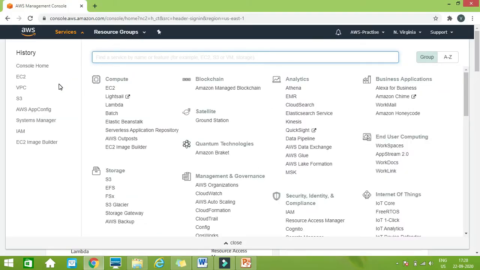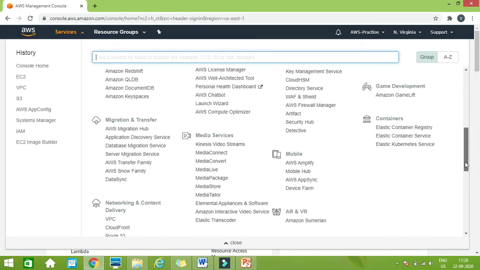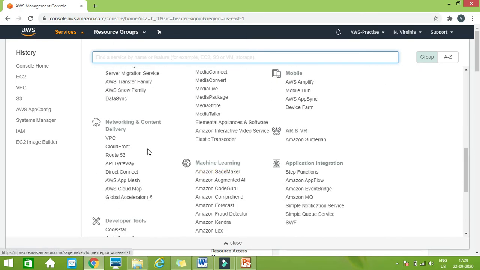Okay, so very first thing is we need to log into our account. This is my AWS account. So as you know, on the first screen you can see all the services which are available or provided by the AWS. So today we are going to use this compute. Here we can use the EC2 service, and the other thing that we are going to use is the VPC, which you can find in the networking and content delivery area in this domain. Okay, so we will start with VPC.